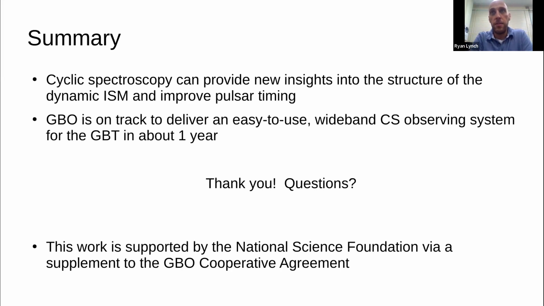This is referred to as scintillometry, and potentially even use the interference of the signal in the ISM to almost do a type of interferometry. This is where scintillometry comes in, being able to even get information about the physical scale of the pulsar emission as well. As far as I'm aware, that hasn't been done using a cyclic spectroscopy observing system simultaneously,